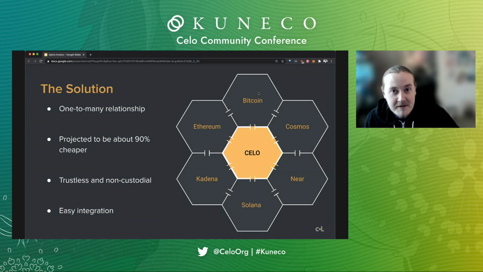So the key features that we have come up with and been able to build in are a one-to-many relationship. Unlike a traditional bridge, which goes between two specific chains, Optics works for sending a message from one chain to any other, and it uses the same mechanism regardless of the destination chain. Because we're not doing header verification and we're not checking proof of work or validator signatures, we can shave off the majority of the costs of the system. We don't need to spend that 10 ETH per week updating headers. So we think we can cut this down to 10% of the cost.